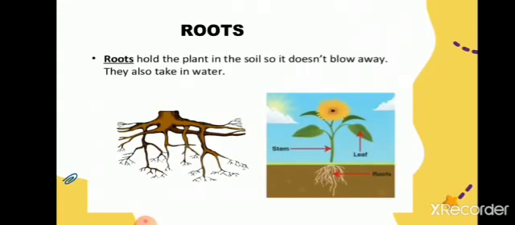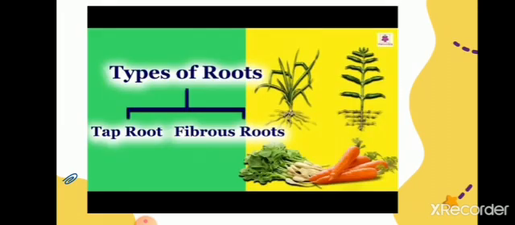So first, let's study roots. What is the root doing when I pour water over the soil? The roots absorb the water from the soil, the stem carries it to the parts of the plant, and the plant grows. So the root, which is below the soil, is very important to absorb water. There are two kinds of roots: tap root and fibrous root.